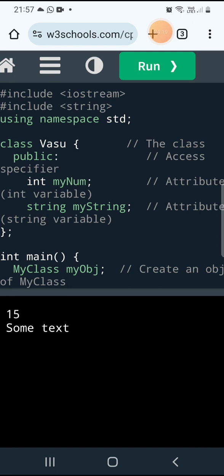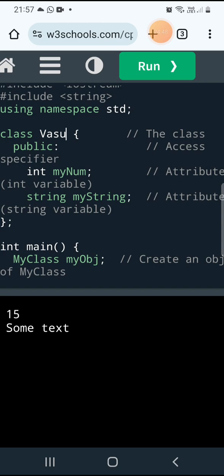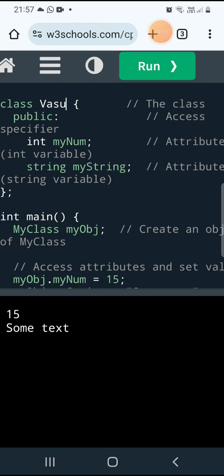I told you that once a class is created, we need to declare the access level of that class, whether the class contents, class elements, class members can be accessed outside of the class. If you want to give permission to access them outside of the class, then this public access modifier must be declared, and then a colon. Next, inside it, you create your variables, whatever you want: